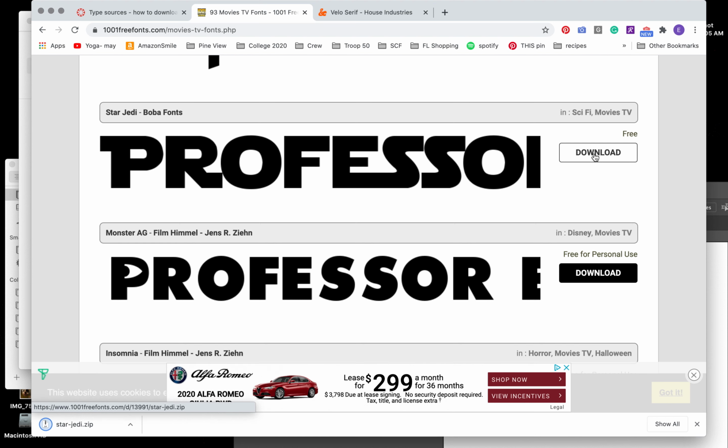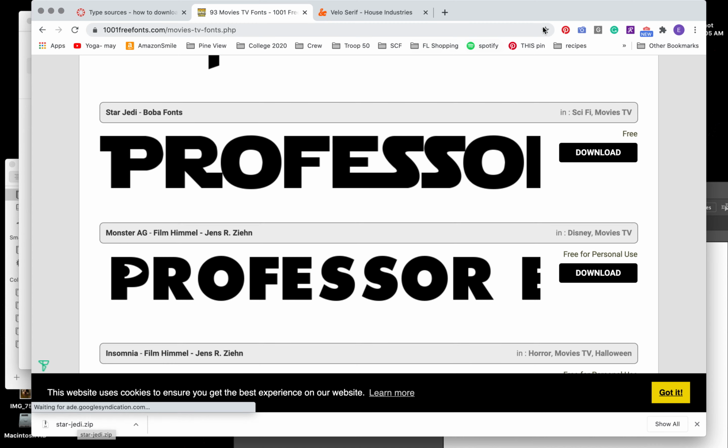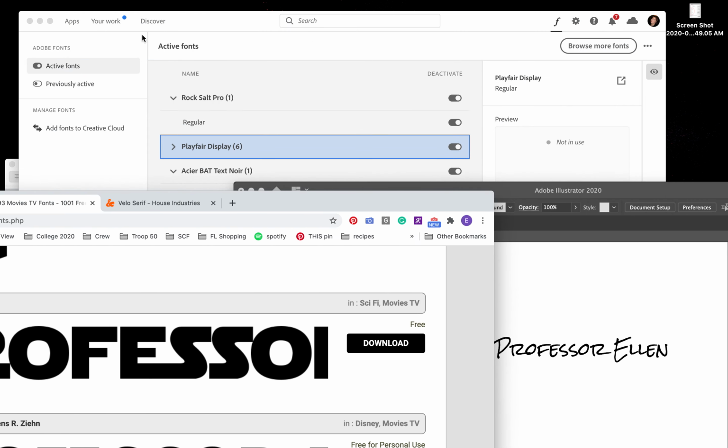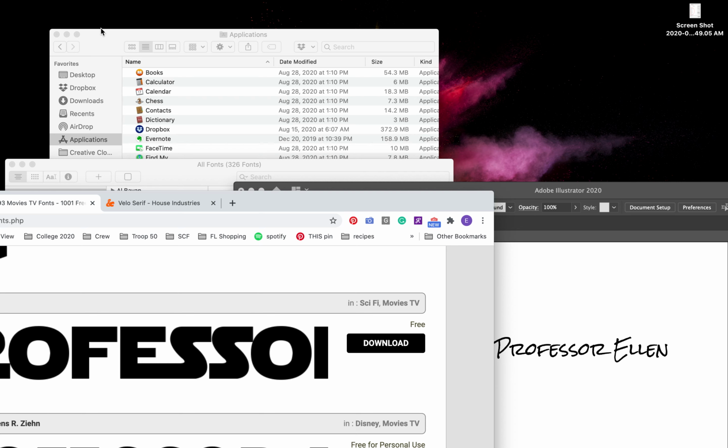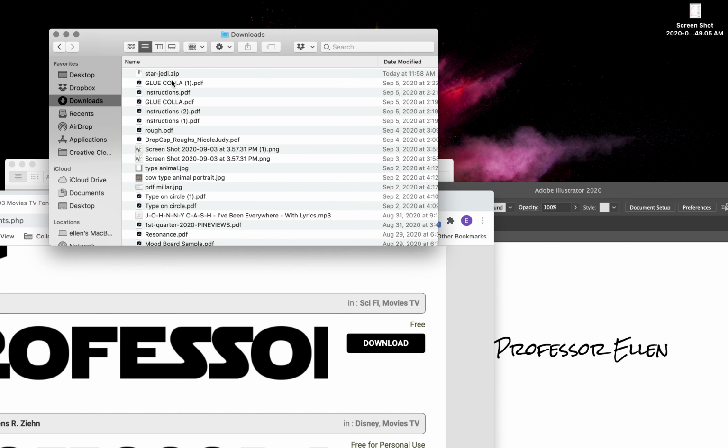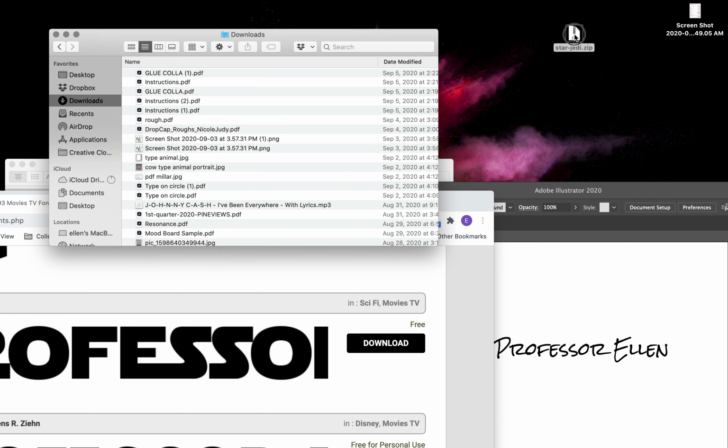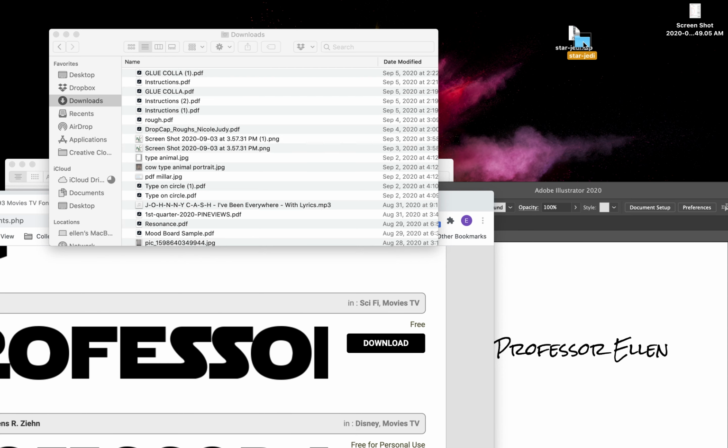Now, sometimes the magic works with the free fonts. See, I'm downloading. I get the Star Jedi zip. And let me shut this down. Under my downloads folder, I'm just going to take it out so you guys can see it. You have to double click to unzip the file. So I get this folder,